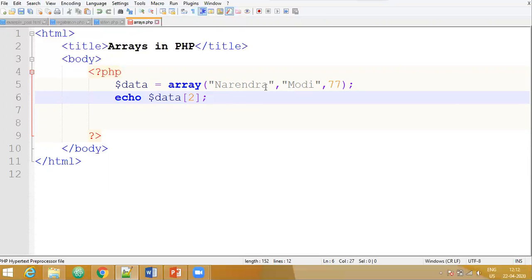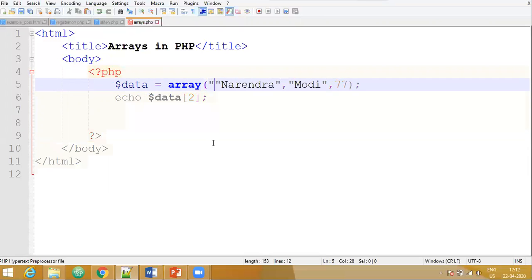So now here, each value that is present in the array can be given a name. To give the name, we have to just change this. Here we have to specify in double quotes what name we want to give. So we'll assume that Narendra is the first name. So inside double quotes we write "first". Now after the first double quote ends, you write equal to followed by the right angular bracket.